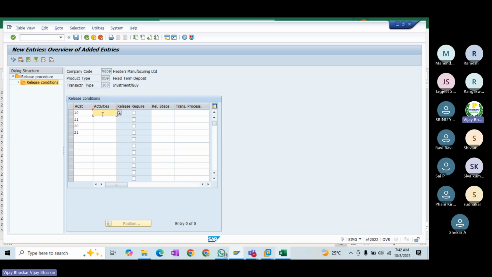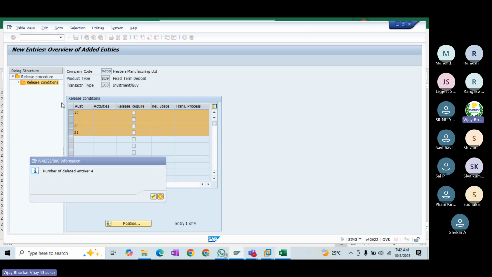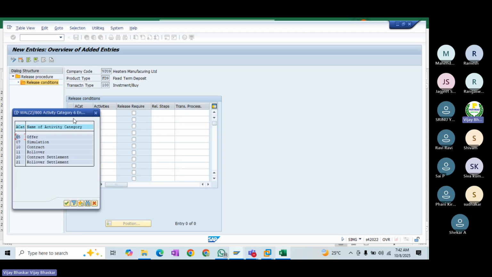But let me go one by one, because I do not want to confuse. One second, let me show. First, let me select 10. Activity category 10 represents the time of contract creation.